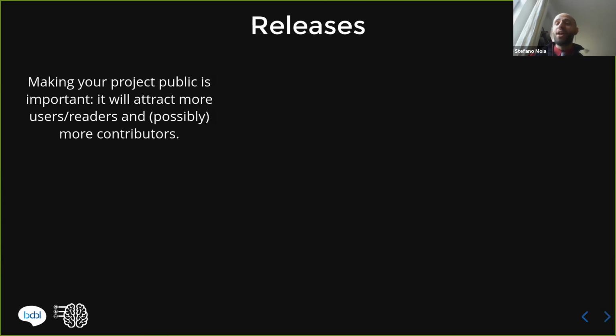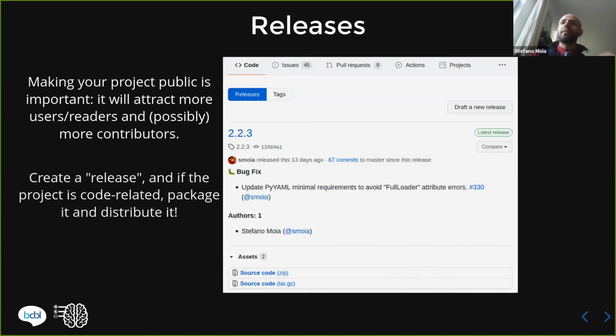All right, we have something tested, it's working, it's great, we want to make it public. What do we need to do? We need to make a release. If you don't make your project public, it will not attract contributors, it will not attract users, it will be a little bit useless. If you want to make your project public, you can create specific fixed versions of your development that represent the changes up until a certain point, and that are called releases.